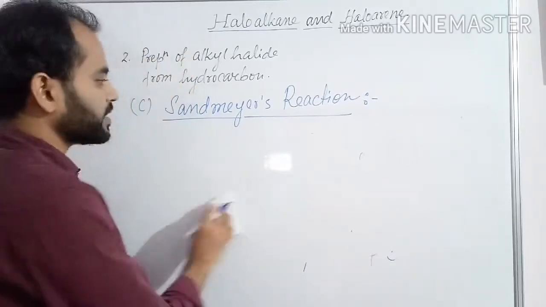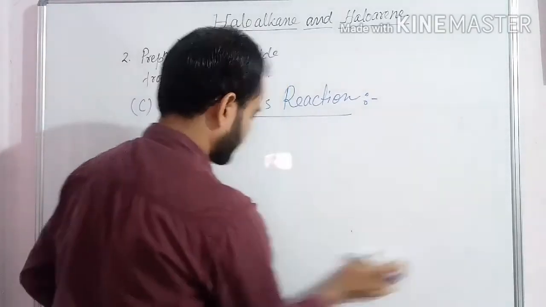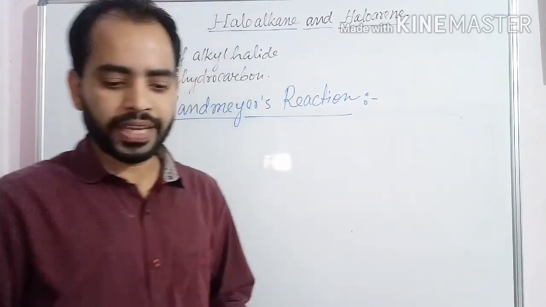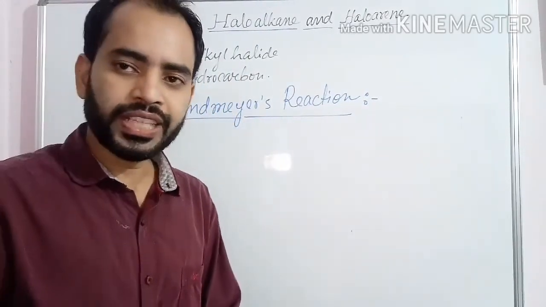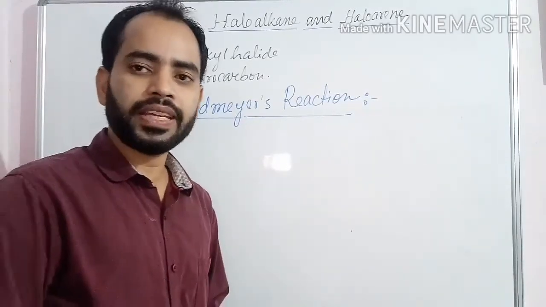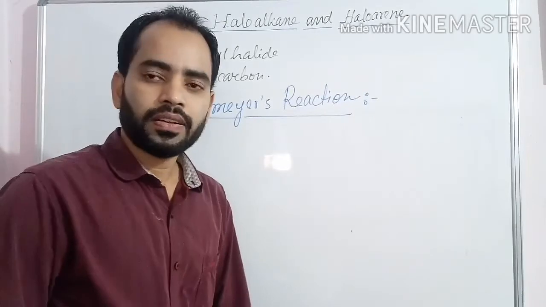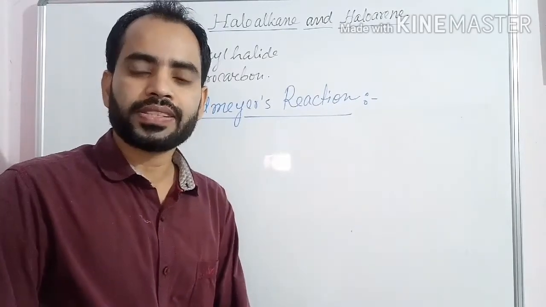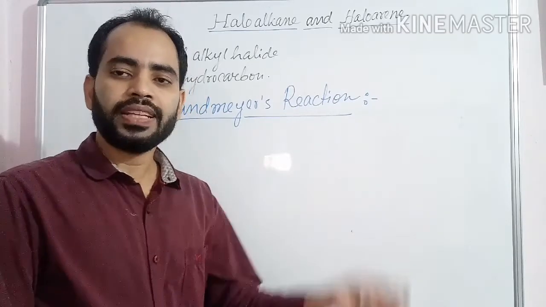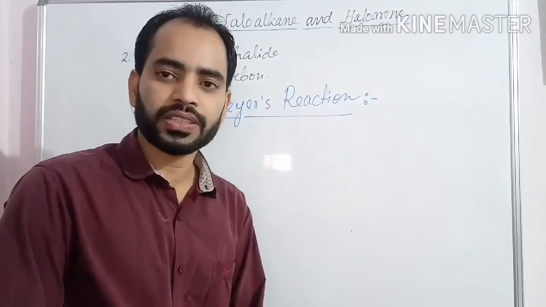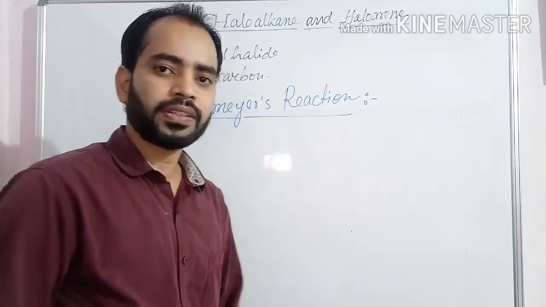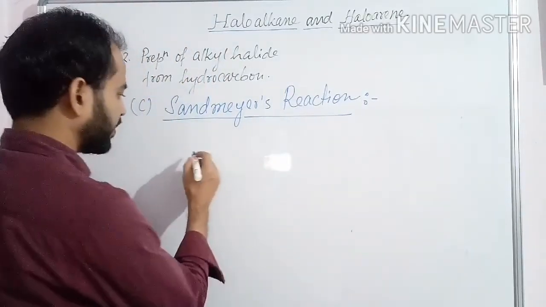What happens in Sandmeyer's reaction? A primary aromatic amine in an acid, that is HCl or HBr, when reacted with sodium nitrite, gives the diazonium salt of that compound. For example,